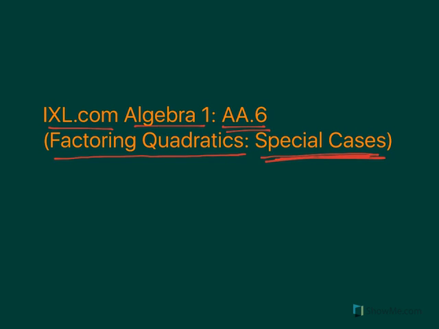And let's go ahead and look at the first pattern. So the first pattern is going to be if you have what they call a difference of two perfect squares. So if you had a squared minus b squared, then it's going to factor out to be a plus b and a minus b. So it's going to be the same a and b values. The only difference is in one of the binomials it's going to be plus,